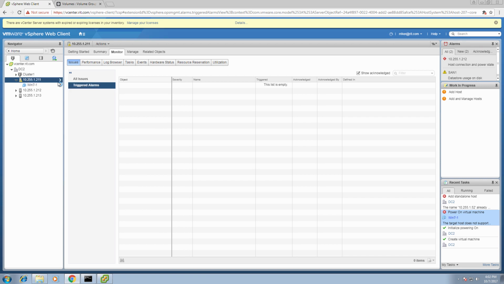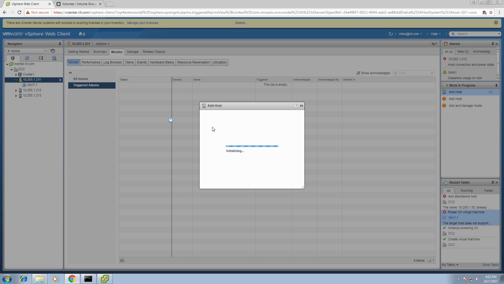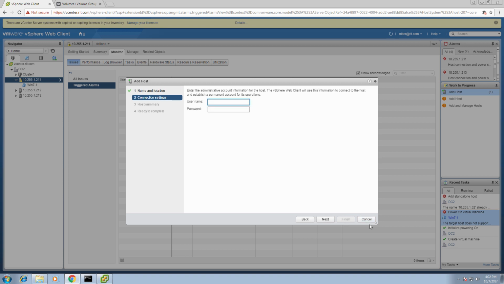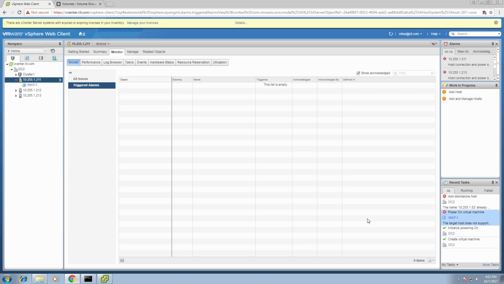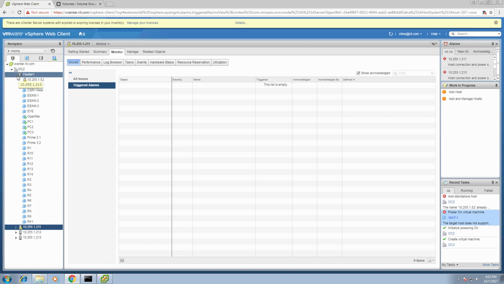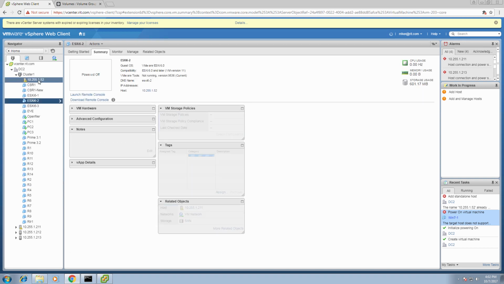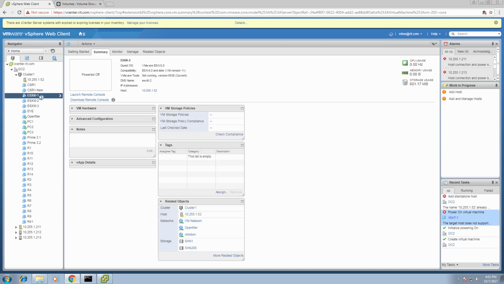So add a host, and we're going to do this again. 10.255.1.52, and we're not going to put it in the cluster. Let me actually do this. Cancel. And okay, that was why. I don't want him to be in the cluster. So he's already here actually. Because he's here,